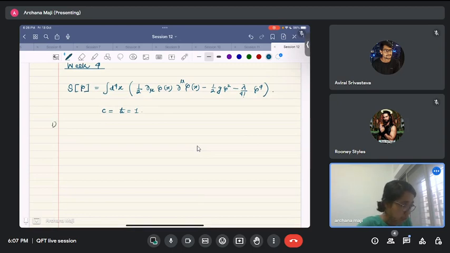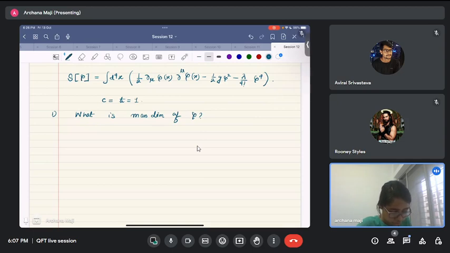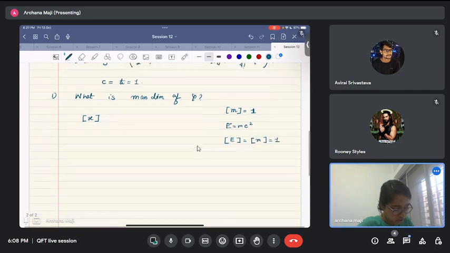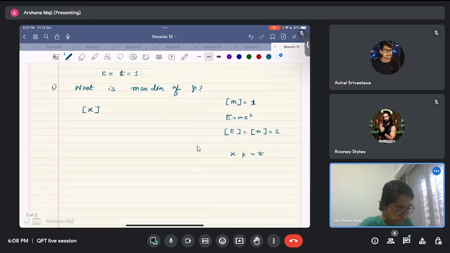Then the question asks, what is the mass dimension of the field φ? Okay, how do we go about it? First of all, we need to know what is the mass dimension of x, and what do we mean by mass dimension here. If it is mass, then it is equal to 1, which would mean the mass dimension is 1. Like energy is mc², so the mass dimension of energy is the same as that of mass, which is equal to 1. Now from the uncertainty principle, xp is of the order of ħ, so p you can replace by